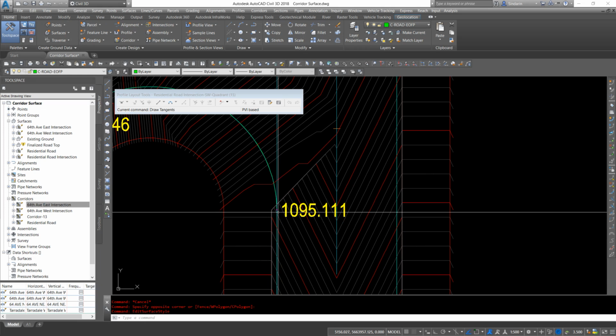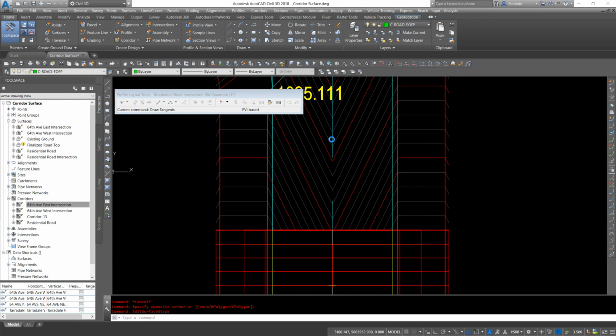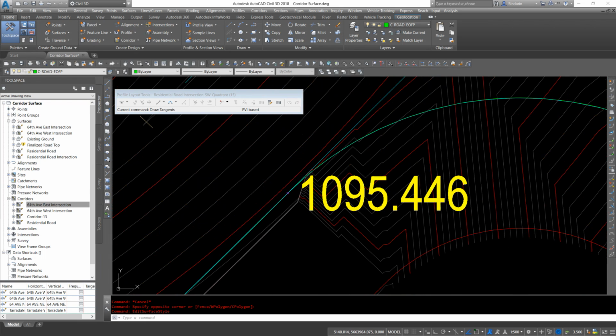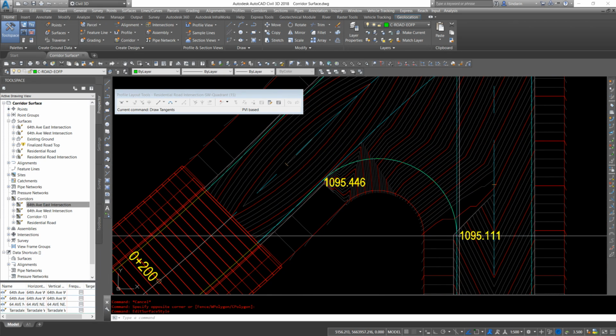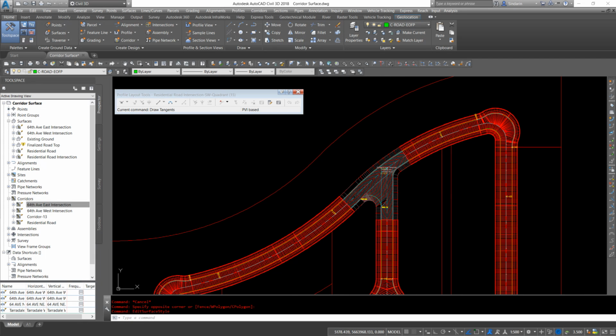And that looks to me like that is exactly what I want. So just turning the contour interval up, you can kind of see what's going on. So we're going to just add a new line from here to here. So now I'm going to turn my corridor piece back on